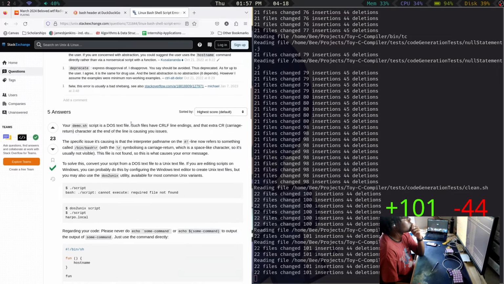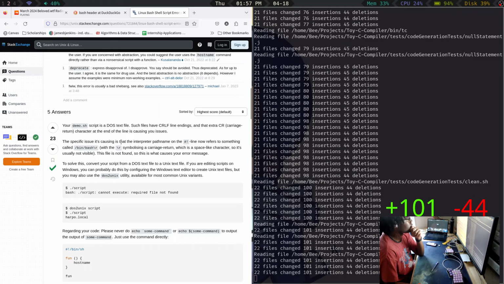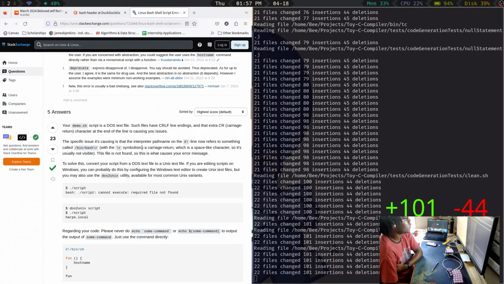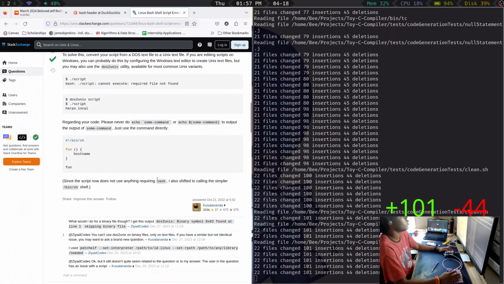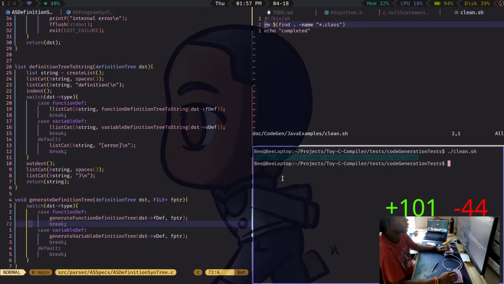To solve this, convert your DOS to a Unix type file. I don't think this is gonna work.